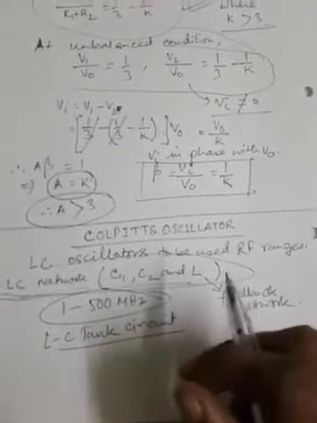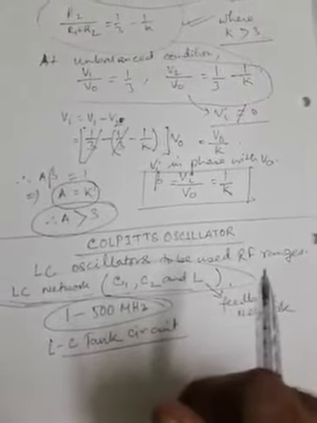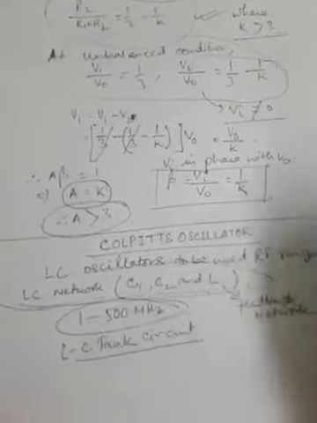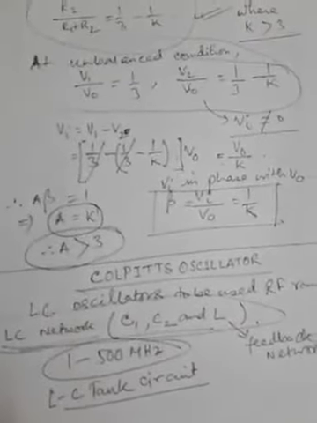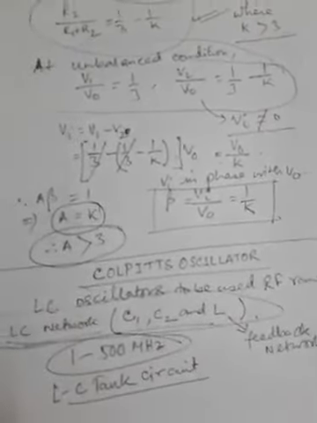Now let us first draw the basic circuit diagram of Colpitts oscillator operating in common emitter mode using BJT, to be used in common emitter mode. So first let us draw the circuit. So here